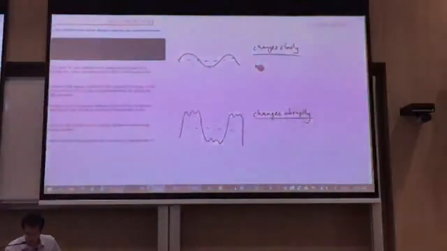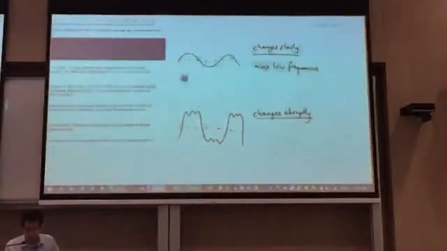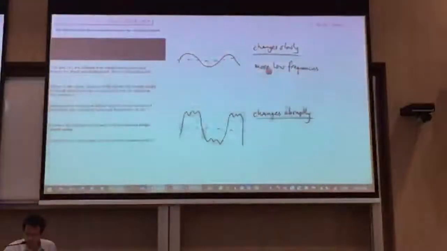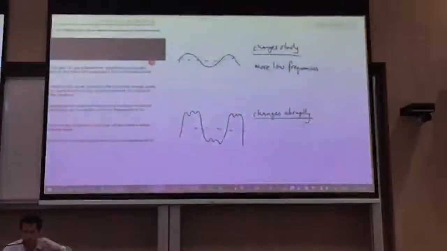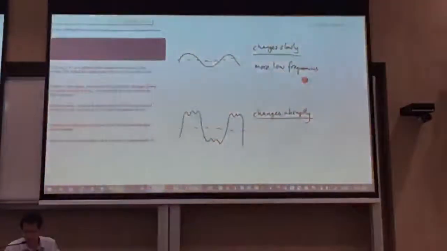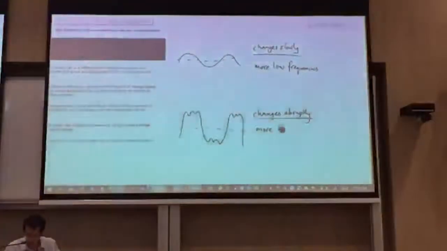So what it means is that there are more low frequencies. I know in this case there's only one low frequency, but I didn't sketch out a combination of all the low frequencies. You can imagine that out of that frequency spectrum of your image, that can have a numerous number of low frequency contents in there. So for those that change abruptly, that means there are more high